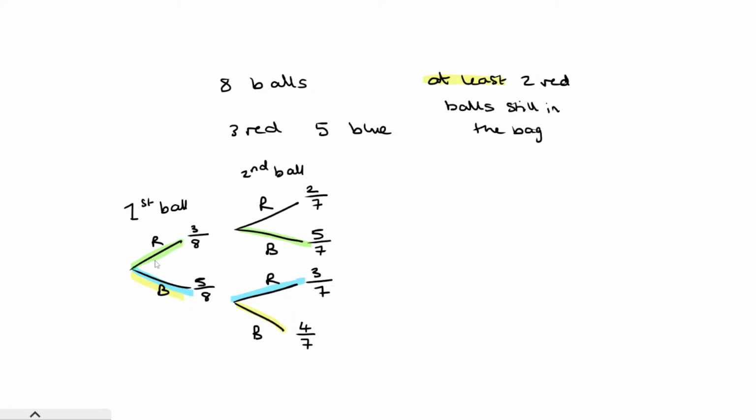Okay, so the green option. Again, as I said, between the branches you multiply. So the green option would be 3/8 multiplied by 5/7. Just multiply straight across, right? So 15 at the top, 56 at the bottom. I wouldn't worry about simplifying anything because at the end we want to add them. And if we leave it as this, then we will have the same denominator, so it'll be easier to add. So 5/8 for blue, I'm doing blue now, times 3/7 is, again, 15/56. And then the last one, which is the yellow option, 5/8 times 4/7